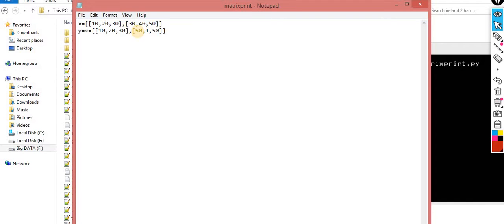Sir, can we not take input from the user, like enter the matrix first and then take the addition of two matrices? You can perform this. Okay, you want to take a value from the user? Yes. The code will be a little lengthy, it will be time consuming. Okay, don't worry. I'll show you the code for this in the end.